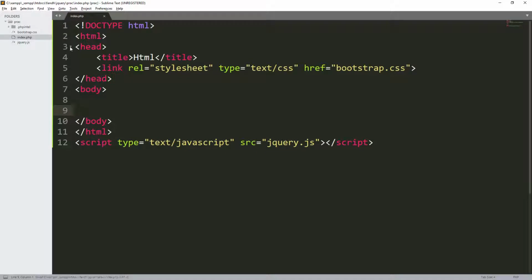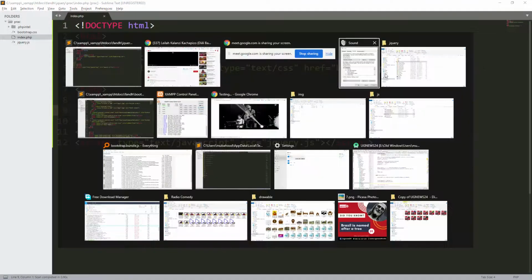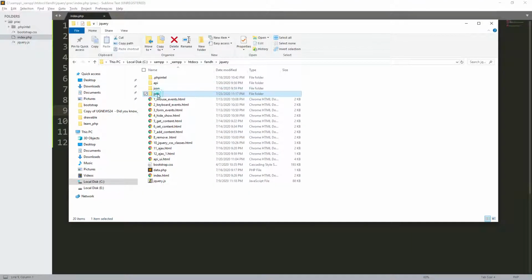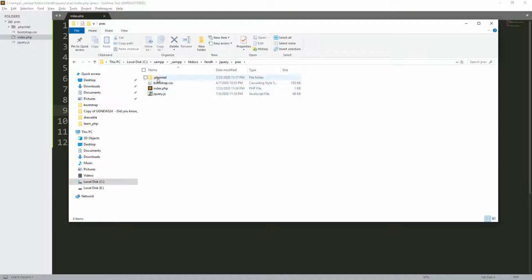So I gave you an example. These are the files that I've created. This is the practice one that I've created. Can you see, we have our JavaScript and Bootstrap there.